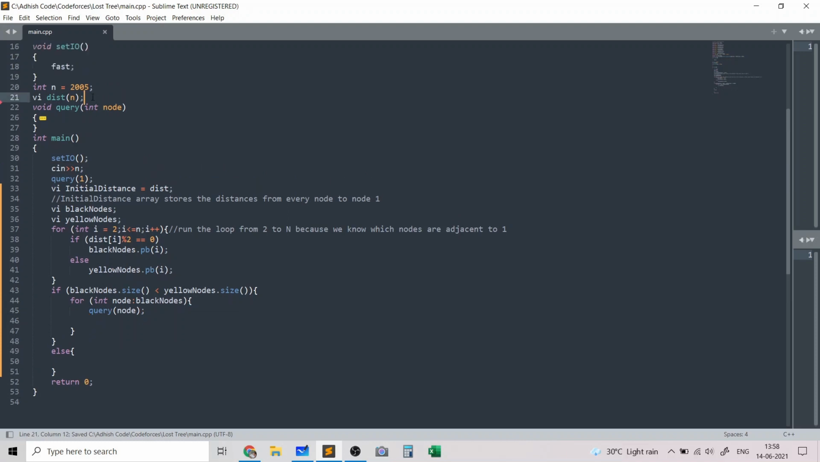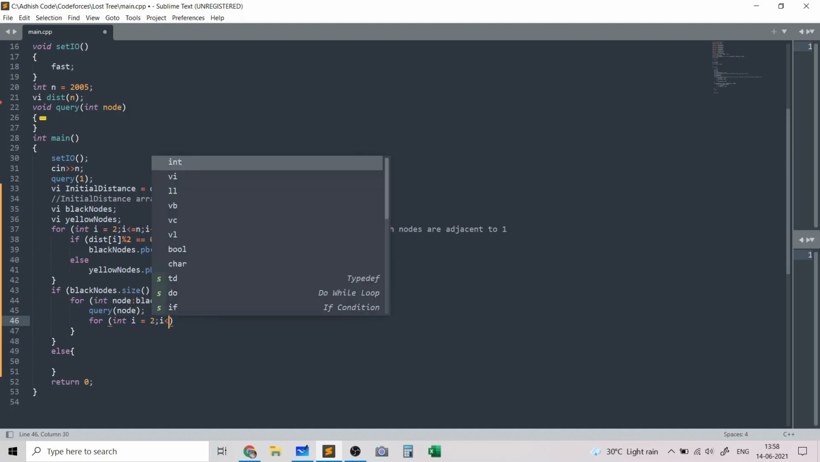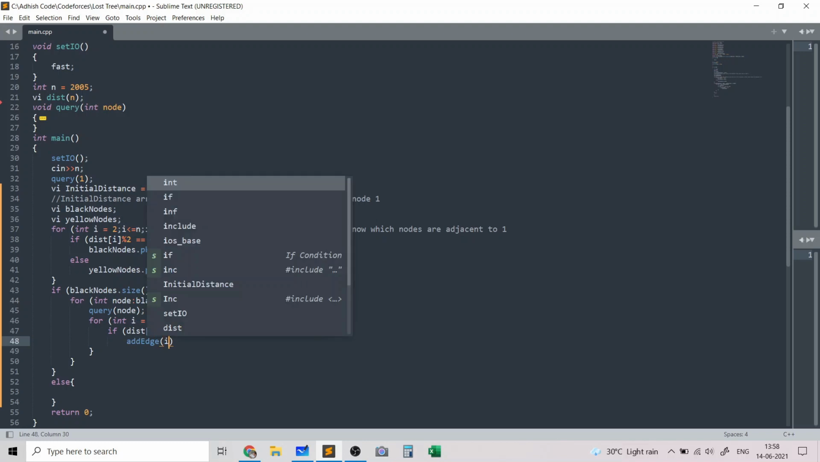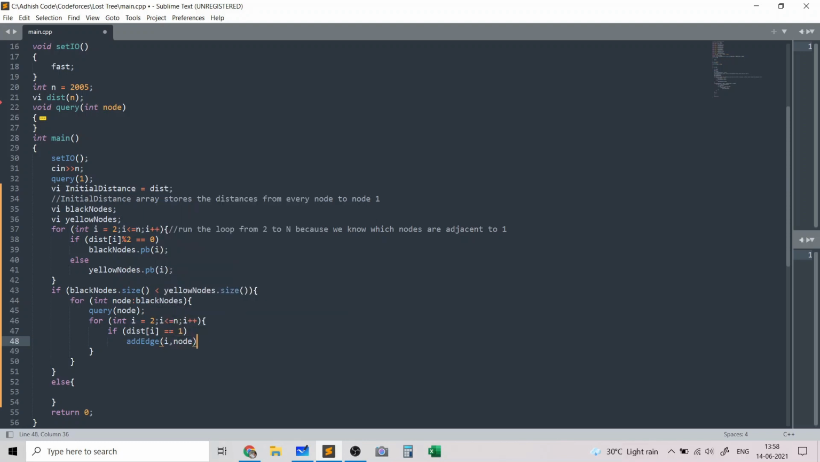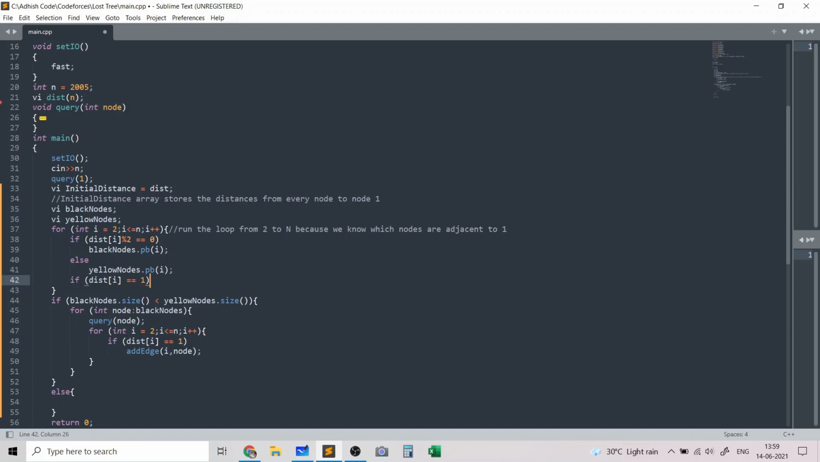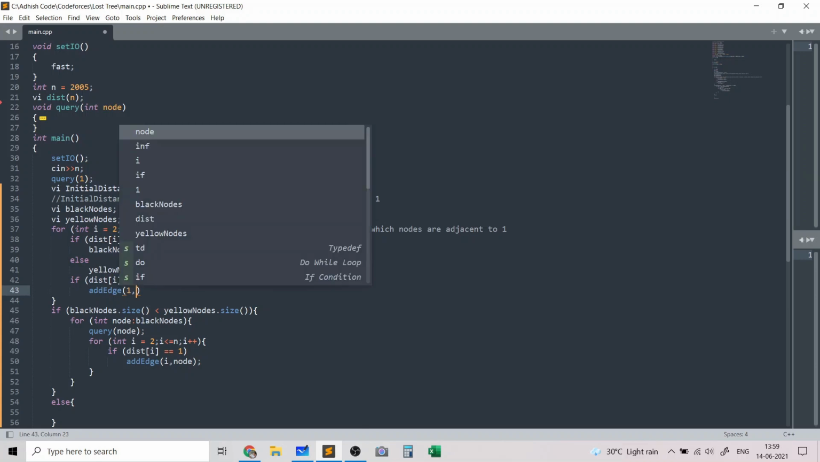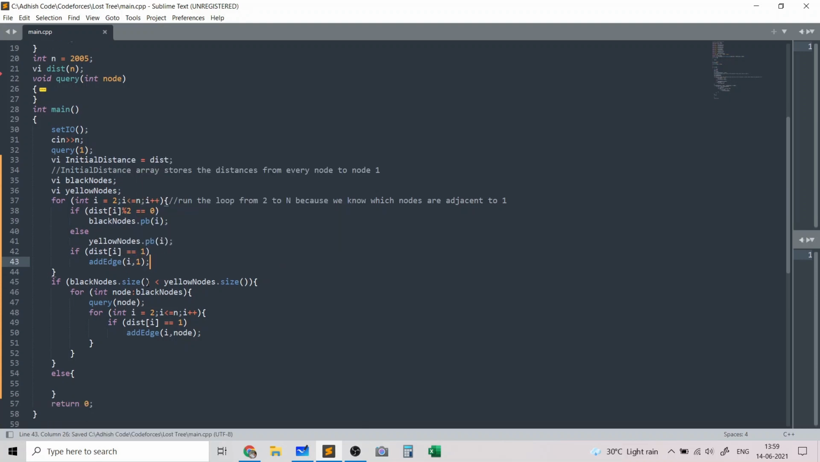Now the query basically fills the distances array, and now what I'll basically do is for each I from 2 to n, if the distance to I is 1, then I'll basically add edge from I to node, or from node to I, doesn't really matter. And again I do 2 because we already know the adjacent nodes to 1, and that reminds me of adding the edge from the adjacent nodes to 1. So add edge 1 comma I or I comma 1 in case I is at a distance of 1 from the node 1,